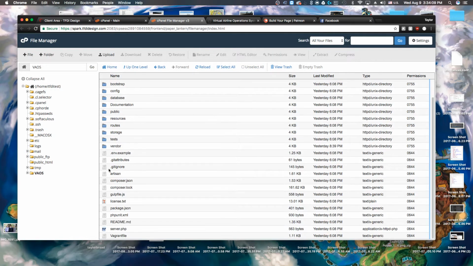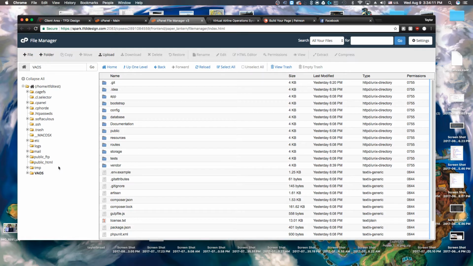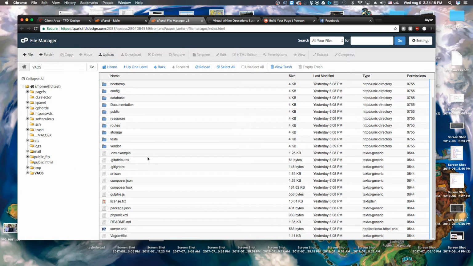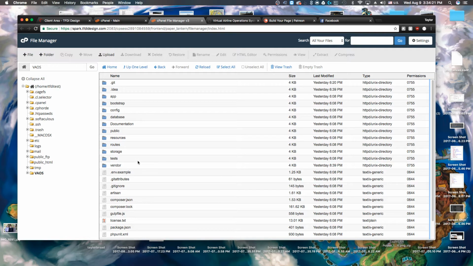normally people just pop VAOS into the public folder, and I'm going to tell you the reason why that is not correct, and also why it's not correct when people set up their subdomains. So VAOS, and subsequently Laravel, I should also preface this to let you know that this works on any Laravel installation. So if you have a Laravel project and you want to put it on shared hosting, these same instructions also apply. The issue with